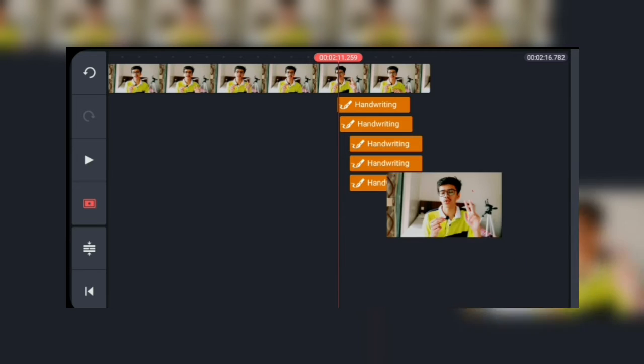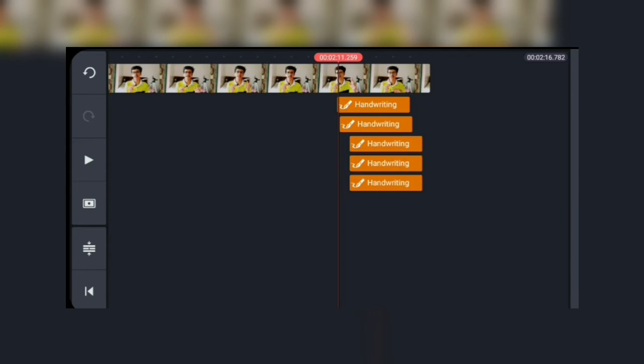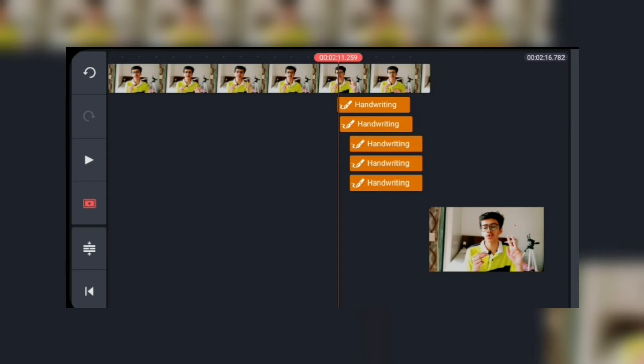And you can see there is a video option over here. You might not have this option, but you can see there is an option over here. As I click it, the video will go, and as I click it again, the video will come back, and I can also play the video over here, so I can easily see what's happening in my video up there.